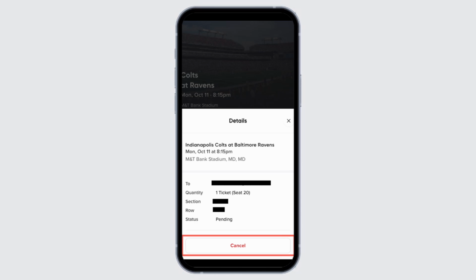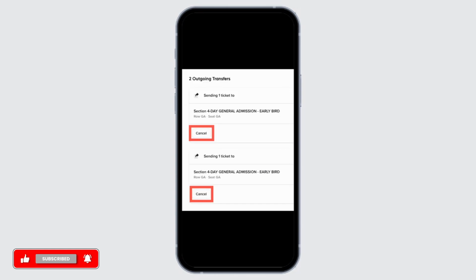Click on the Send button that is at the bottom of the event. You can enter the recipient information by name, username, email address, or even phone number. Choose the quantity of tickets you want to transfer. After you double check the information, now all you have to do is tap on the Send option to initiate the transfer. If you are using a SeatGeek app, all you have to do is open the SeatGeek app, tap